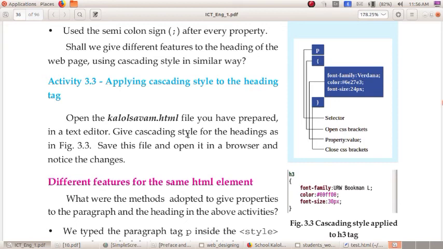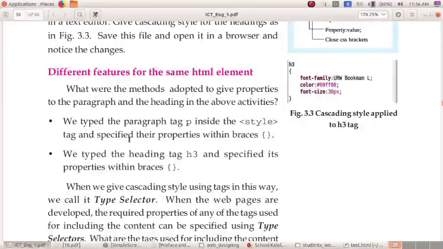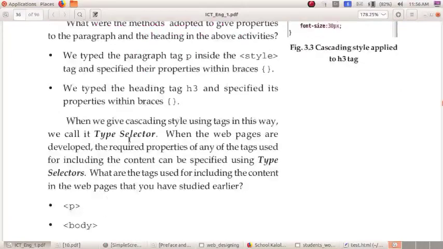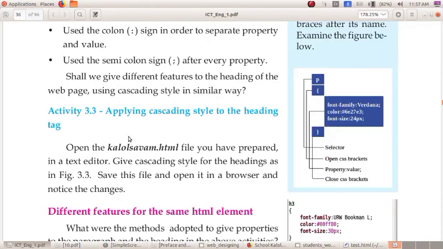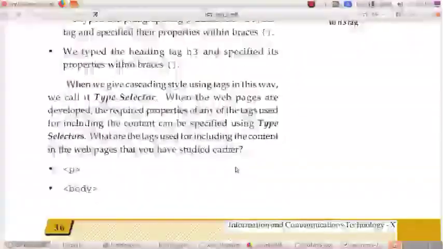In a similar way we can give styles to the heading also. How can we give it? Yes, we can just change it. So when we are giving the cascading style using tags, we call it type selector. This is commonly known as the selector, and the selector is divided into two, that is type selector and class selector. Keep it in mind, type selector and class selector.